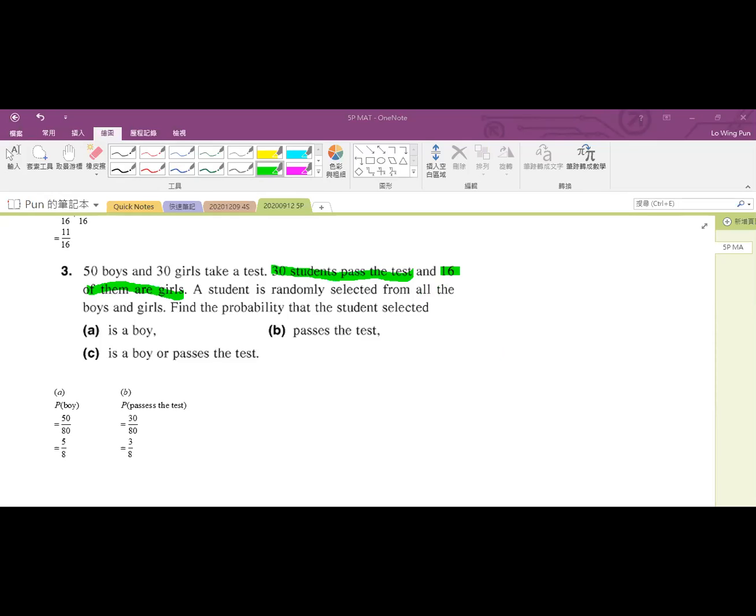Okay, that are 14 students. At the same time, he is a boy, and he passes the test. Okay，又係男仔，又 pass 咗個 test 嘅，就係30減16啦，即係14啦。